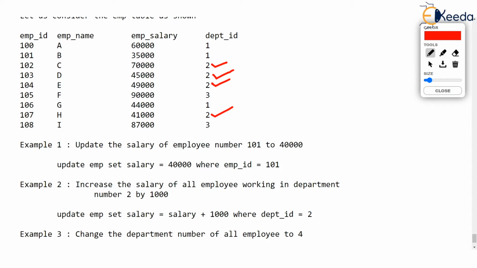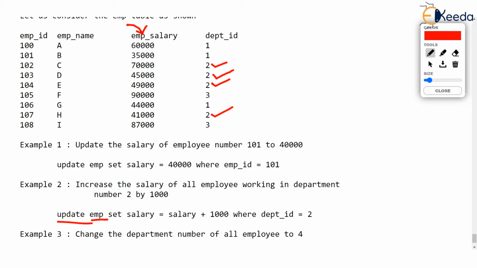So we are going to update again EMP salary, correct? This field. And the update operation is set EMP salary equal to EMP salary plus 1,000. Check the grammar. Update, then the table name.